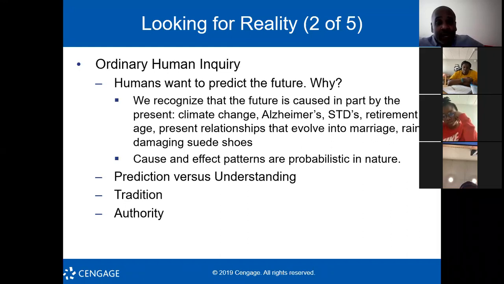STDs, again, I hope that you all are aware. I'm sure we got a bunch of celibate people here, but Columbia, South Carolina has one of the highest rates of STDs and HIV in particular in the whole entire country. So you can predict how that might impact our community going into the future if it goes unchecked. Fortunately, we are aware of this, and there are a lot of efforts being made to combat this rate. And I think that ultimately we'll be successful in pushing it back.